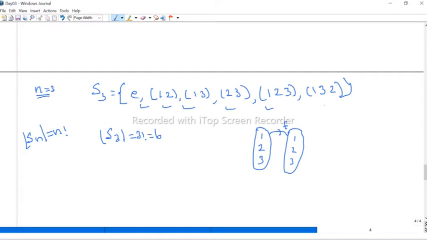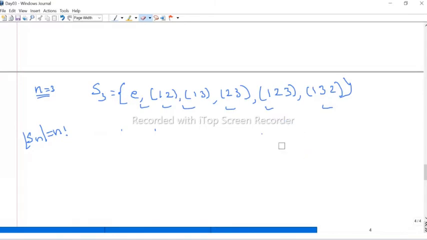Now, if you take any 3 by 3 matrix, what is the determinant? So maybe if you take a general 3 by 3 matrix, this is actually S3. S4 means there are 24 elements, that is 4 factorial elements. Okay, for example, now if you take some special 3 by 3 matrix, suppose I am taking A equal to the matrix 1, 2, 1, 3, minus 1, 2, 0, 5, for example 4.